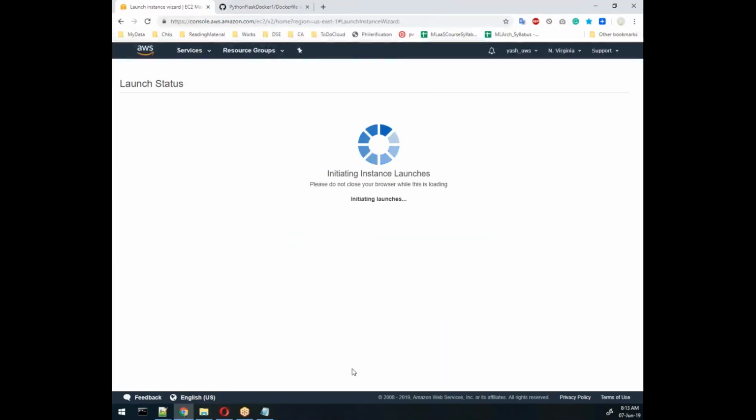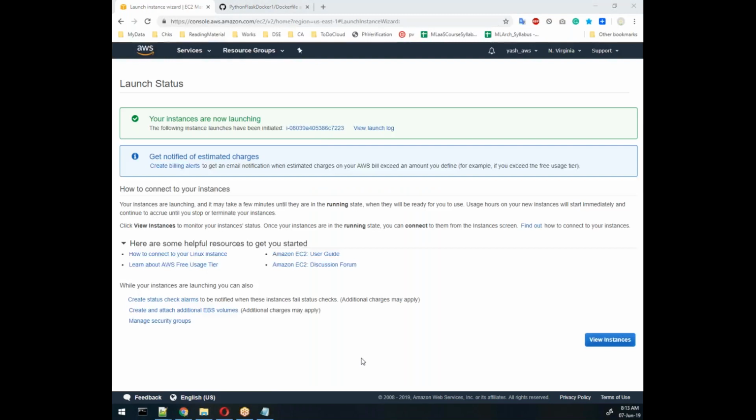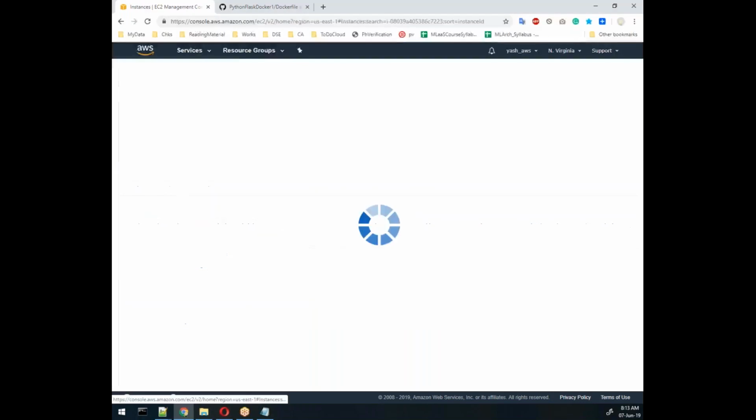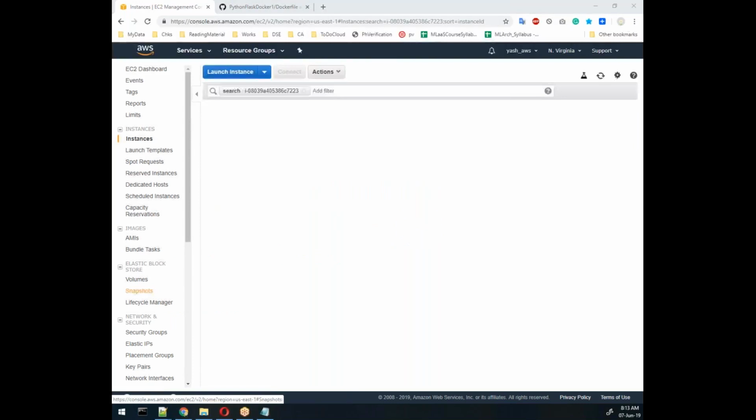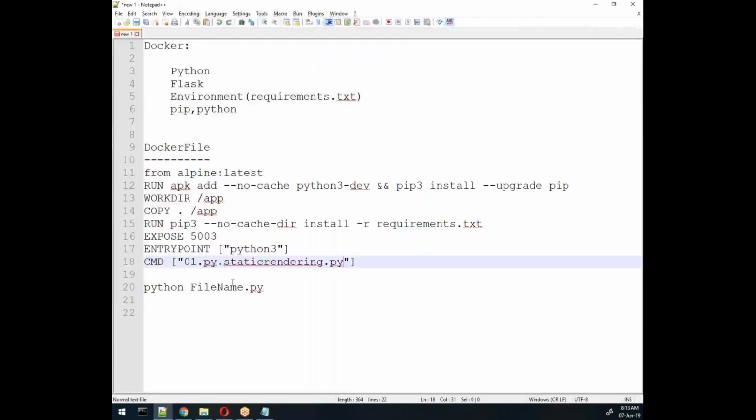Okay, so what we did, basically, we created an instance, and now we want to install Docker. Before going to install anything, you need to install Docker first. Next step is what? Second step is, basically, we need to do a git clone. Why clone? Because this repository, what we have here,